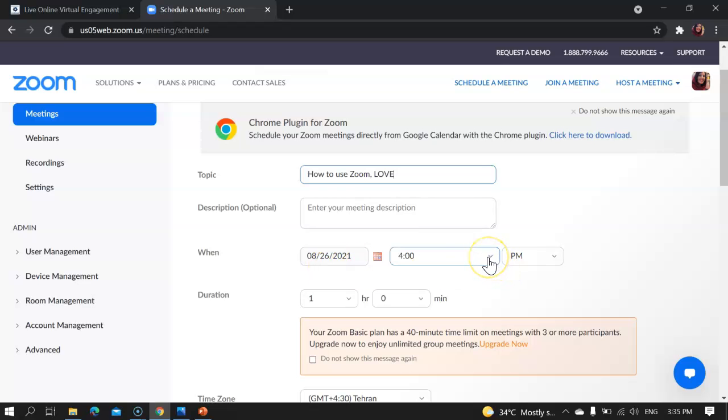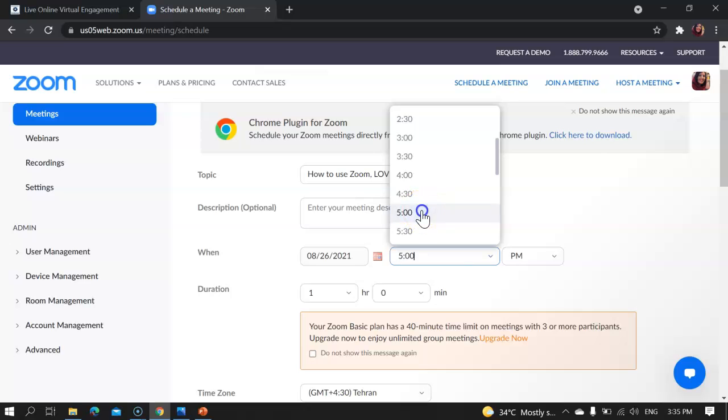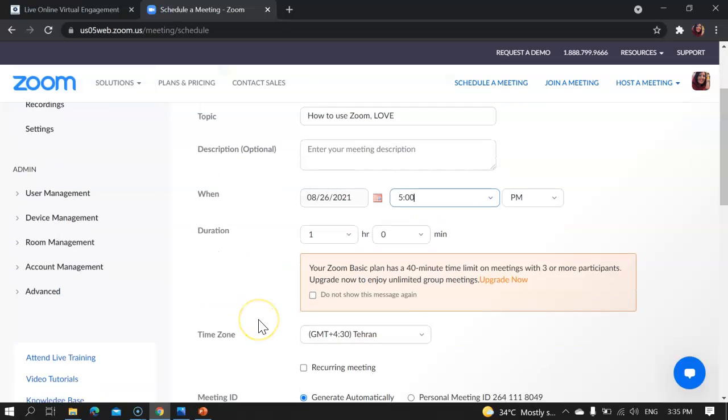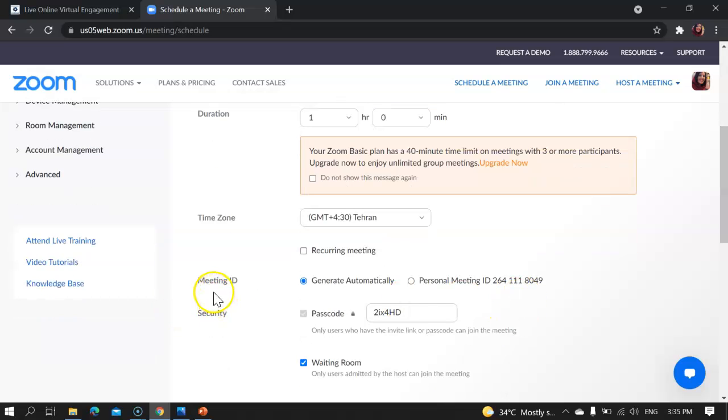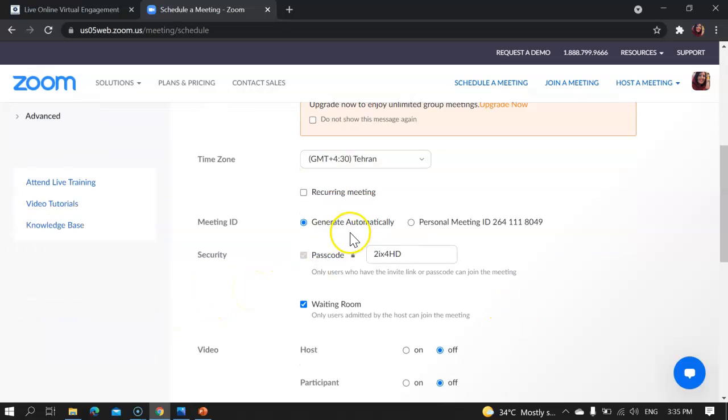For example, 5 p.m., duration 1 hour, time zone Tehran, Iran, meeting ID generate automatically, but I prefer to use personal meeting,